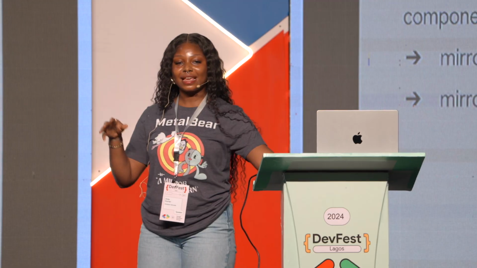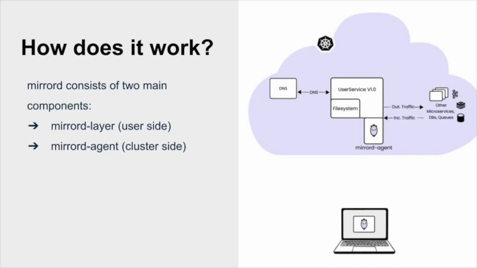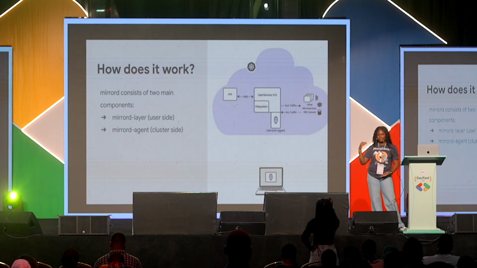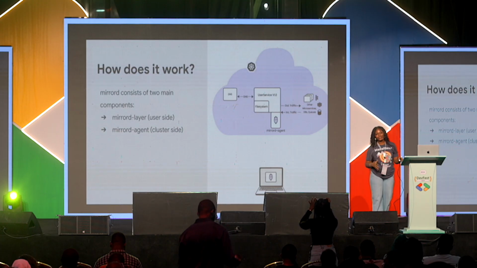And then the Meridi layer, which actually exists on your computer, integrates itself with your local system, and then reroutes traffic that is coming in from the remote environment to your local environment. And so what you're getting at the end is whenever there's a call made to your application when you're running your changes, Meridi mirrors the state of the cloud, gives you the feedback like it would if you were actually running the application